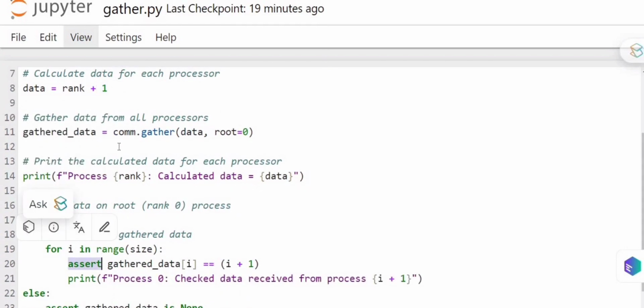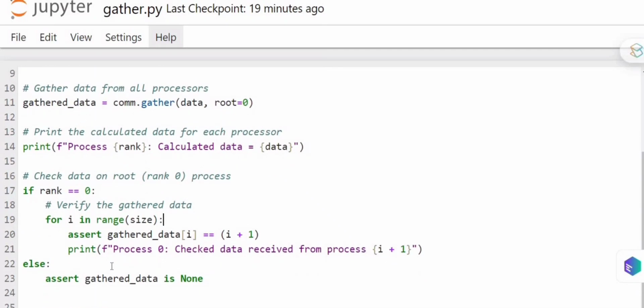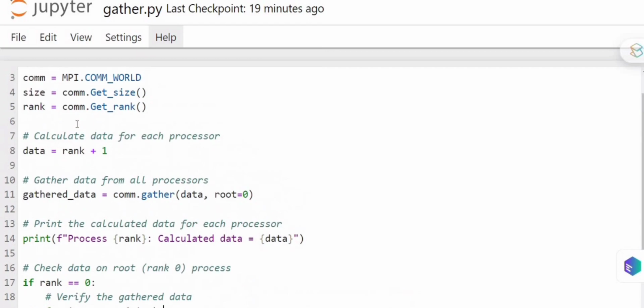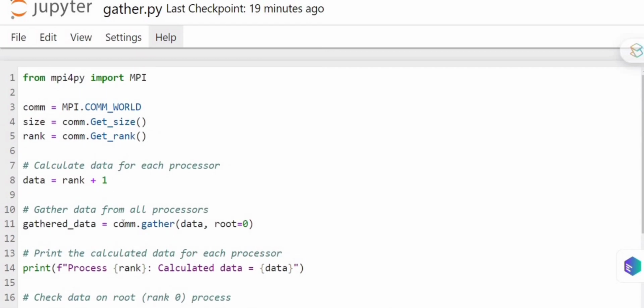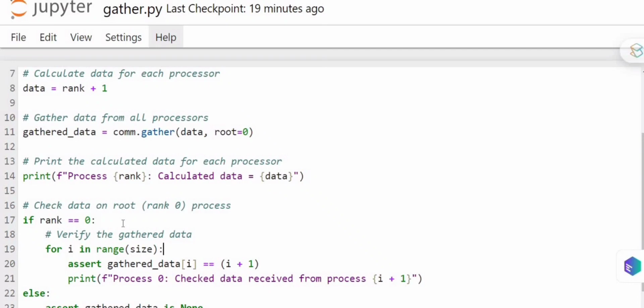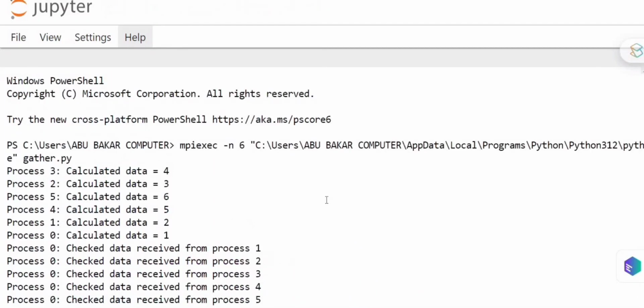Similarly, when we distribute the data among different processes, we use the function assert. Assert means that processor 0 checks the data, confirming that it is received from all the processors, or that all the processors have executed the same data which was sent toward them. This function is used to get the exact result which is actually expected from those processes. So this was the program, and I explained how it runs and how it works. And now let's go toward the